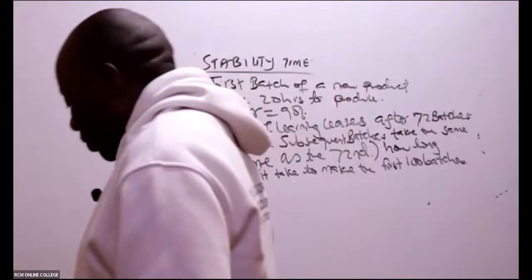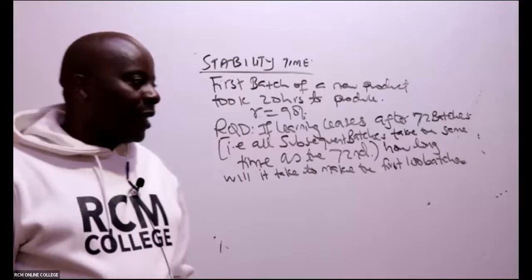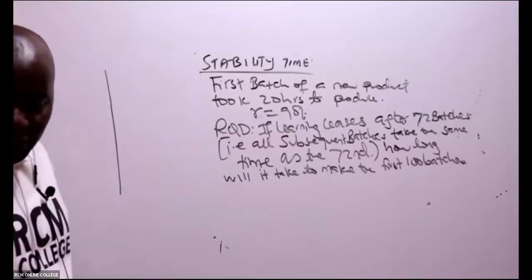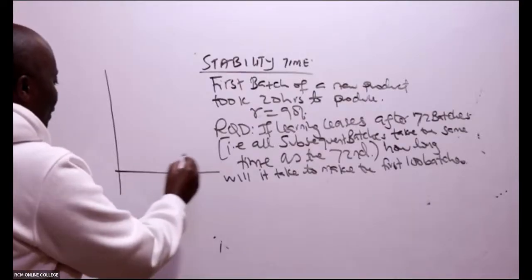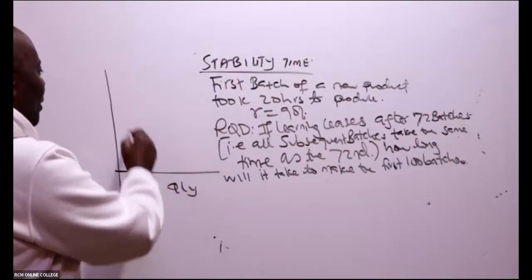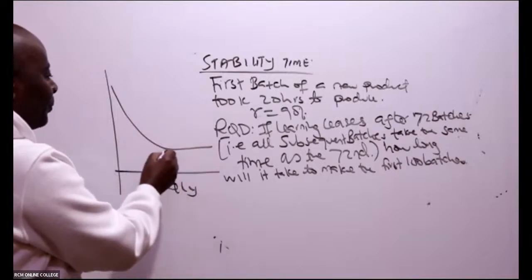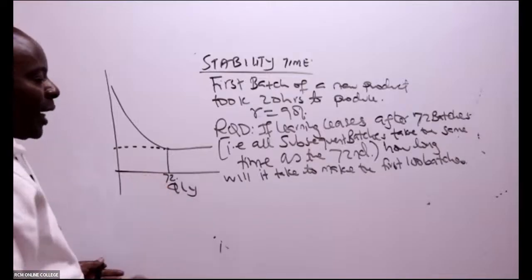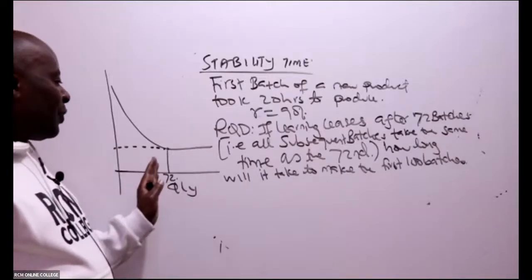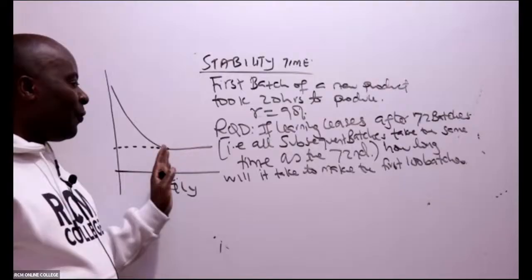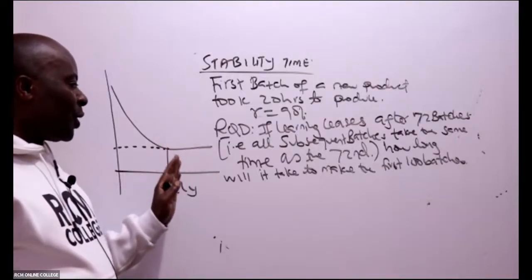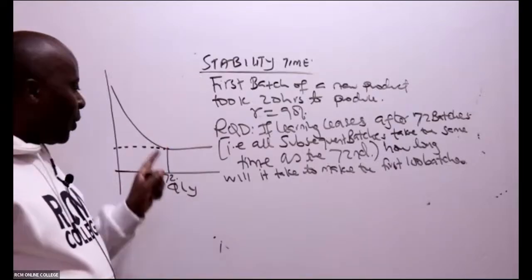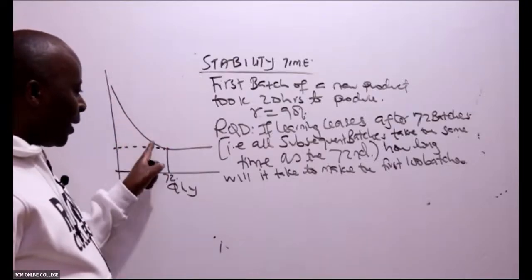Now, ladies and gentlemen, to do this question really is a very, very easy thing. You can see here we are progressing very well. We have our quantity and we have our line. When we reach unit number 72, we stabilize. After unit 72, moving forward, the 73rd, 74th, all those units will be enjoying stability time. You can see here we are learning.